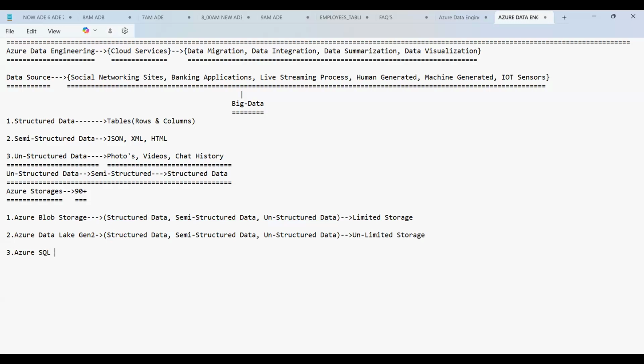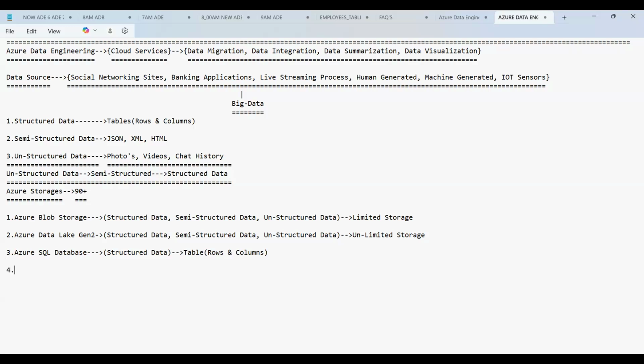And the third one is called as what is it, guys? Azure SQL database. So Azure SQL database means what? Using a SQL database on the cloud is called Azure SQL database. So when you have the Azure SQL database, that means what, guys? We can store only structured data here. Semi-structured and unstructured is not supported by the Azure SQL database. So we can store the structured data that is in the form of a table, and a table is in the form of what, guys? Rows and columns.